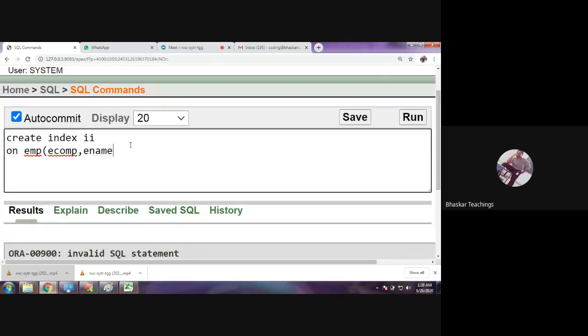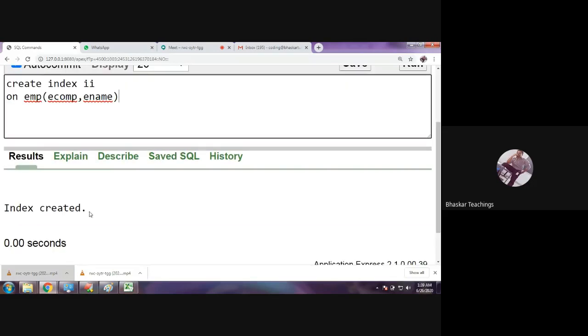Something is wrong again with my computer itself. The index is created. So now let us retrieve the data. Select E company, comma E name from EMP. Previously, we were getting the data without sorting, right?